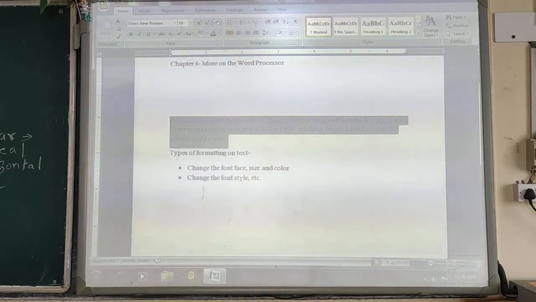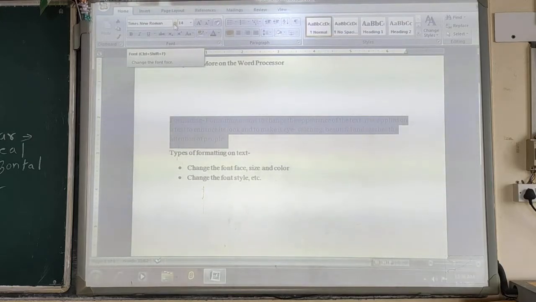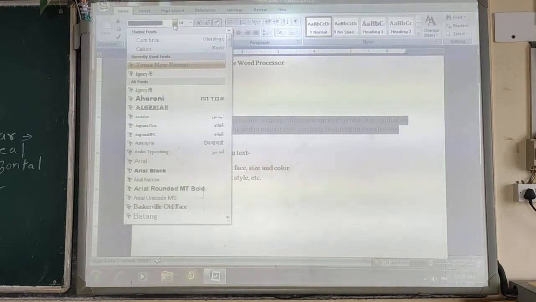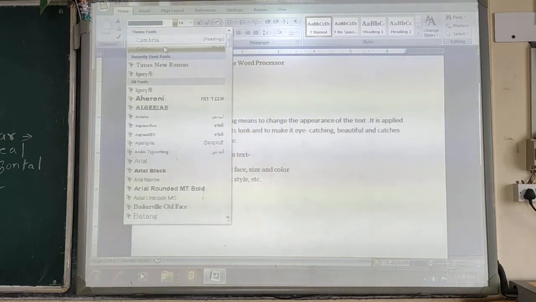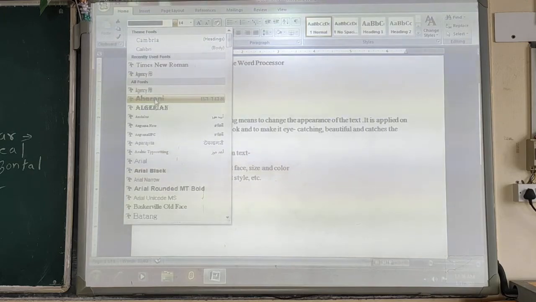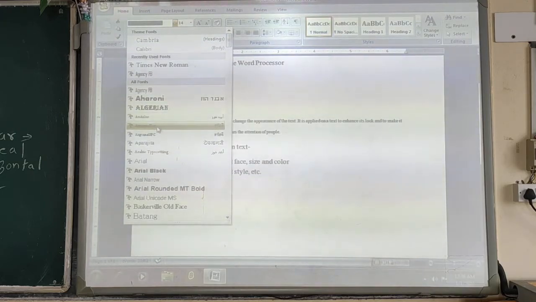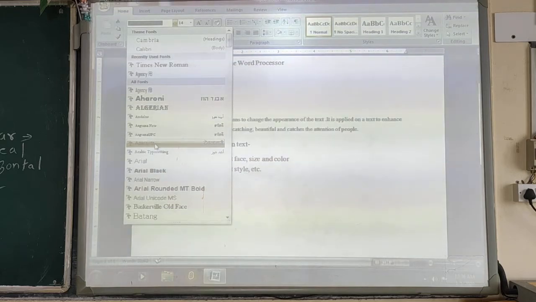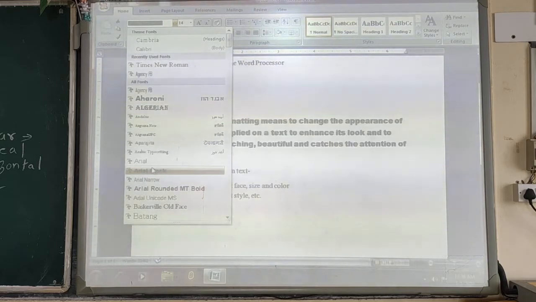Whenever you click on this particular arrow, or you can use the shortcut key Control plus Shift plus F, it will display the drop down menu, and from here you can select any font style which you want to apply on your document.